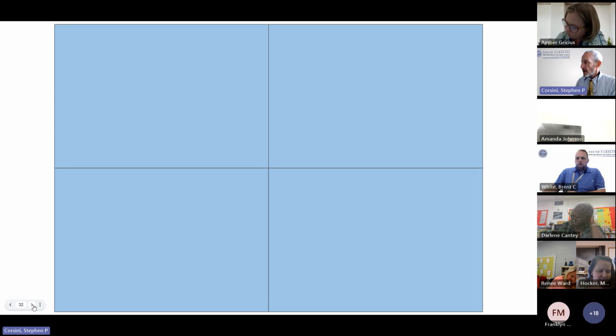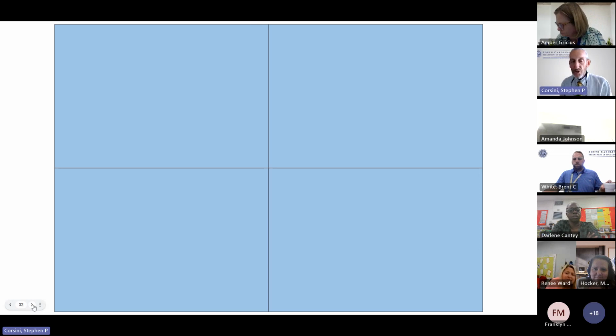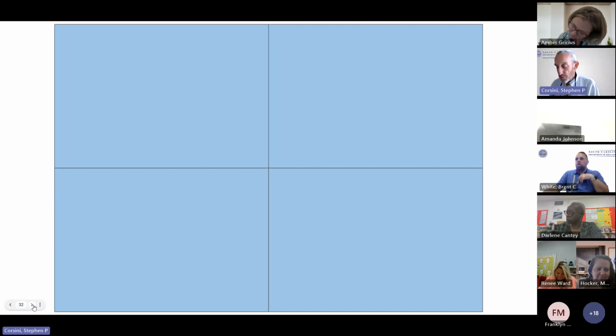Right. So now what we're going to do is I'm going to reveal one quadrant at a time. And you will have 35 seconds to look at each quadrant and jot down what is it that you're seeing. Do you see any actions? Do you see any people? Do you see any objects? And obviously we're doing this electronically, not just sharing a strategy.